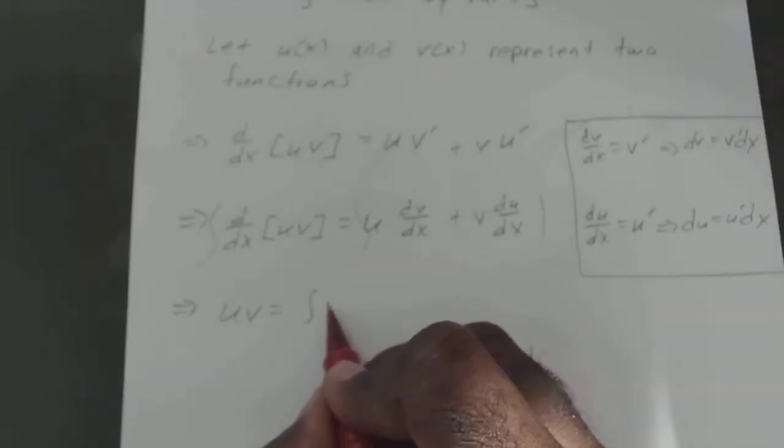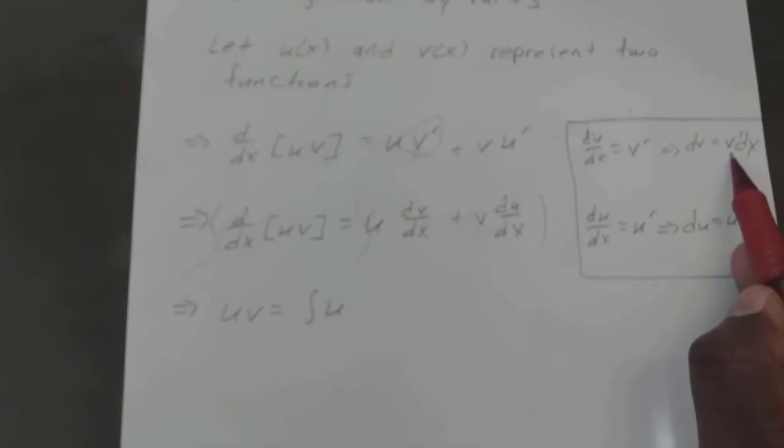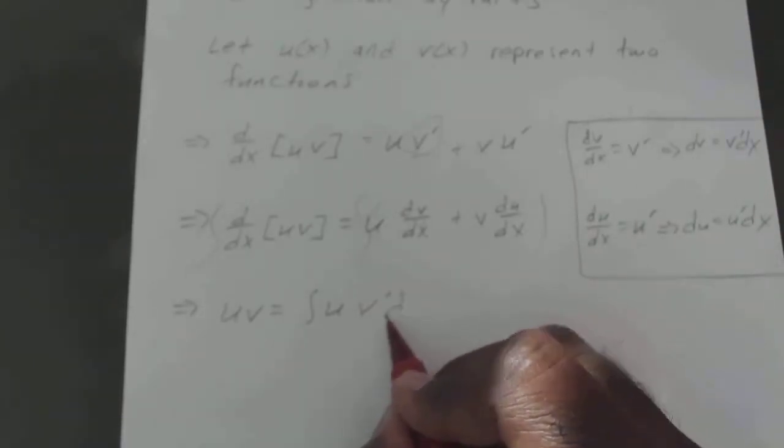So if we integrate both sides, that means uv equals the integral of u, and dv dx, actually if we left it like that, you know our v prime is dv dx, or we can make that v prime dx, plus,